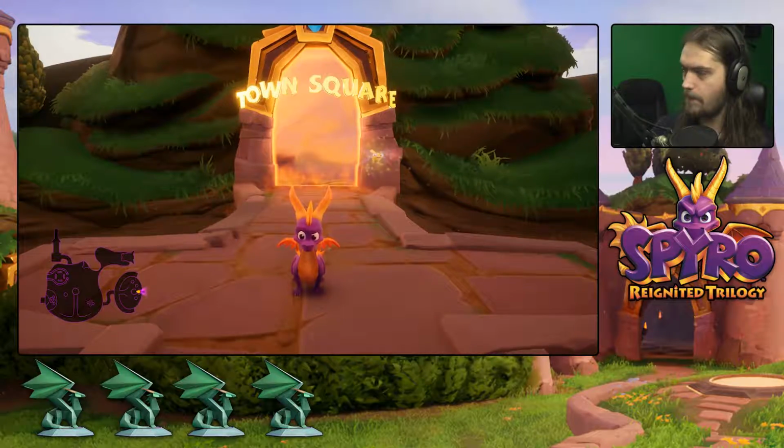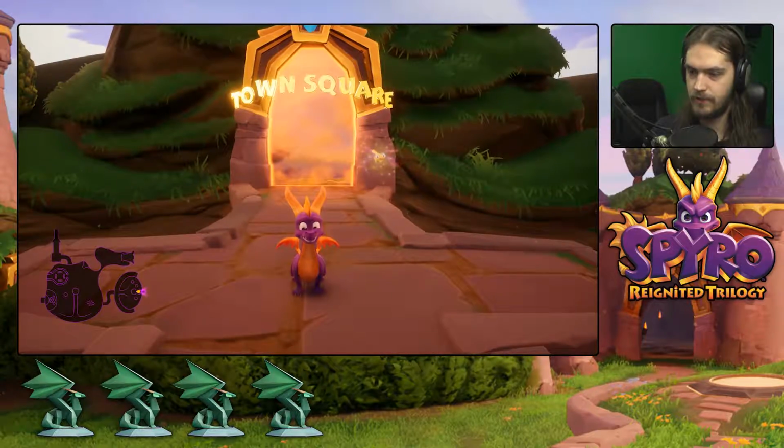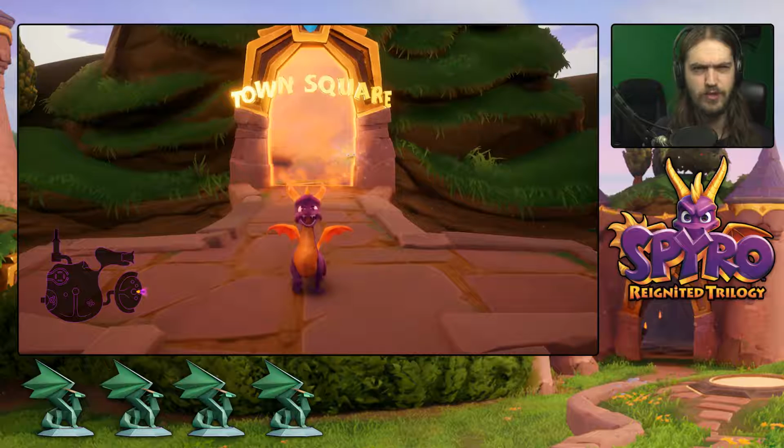I need to remember to get screenshots for the overlays, because it's very difficult to get screenshots from, like,